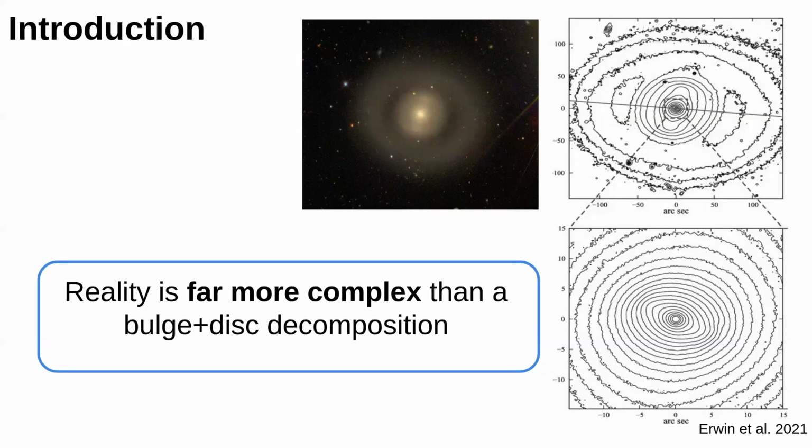Already this galaxy is quite more complex, far more complex than a bulge plus disk system, but the important point is that this is the region of the photometric bulge. And you would be tempted to say this is a classical bulge because the isophotal contours are circular. And so you would say, okay, it's a spherical component in the center. It's likely to be a classical bulge. But as soon as you have high resolution observations, you see that the isophotal contours are far from being circular, except from the very center.